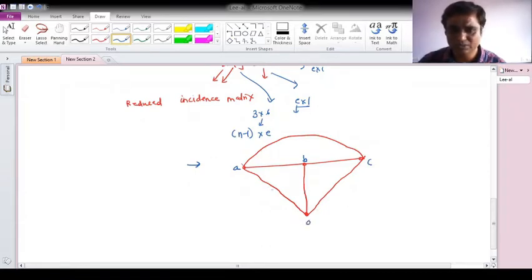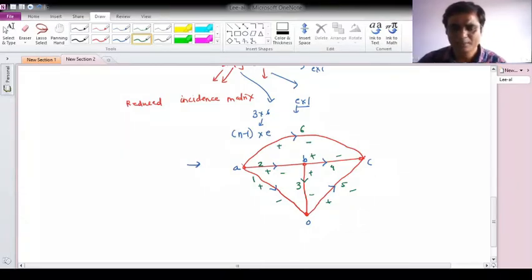Now give the directions. So suppose this is 1, okay. Name the elements also. Suppose this is 1, 2, 3, 4, 5 and 6, okay. This we already did, I'm copying it from that. So this is third, okay. Fourth direction was like this, fifth was like this, sixth was like this, okay. And let me mark the voltage polarities here. So current direction is like this, so polarities will be like this, as current will flow from higher potential to lower potential. So plus minus, this is plus minus,